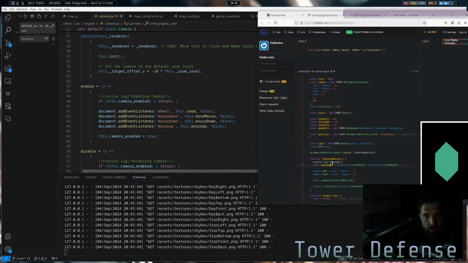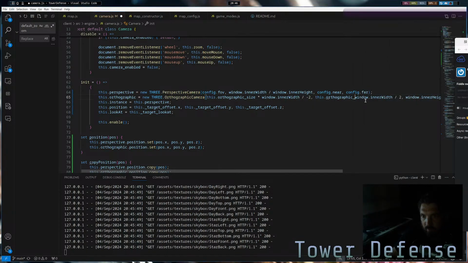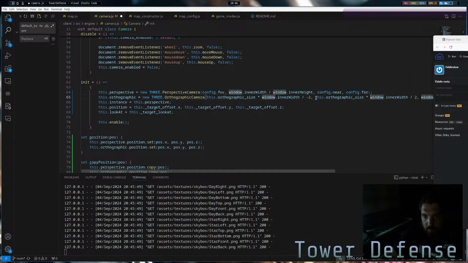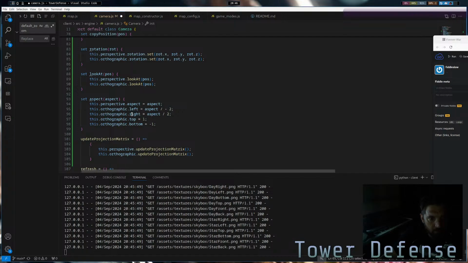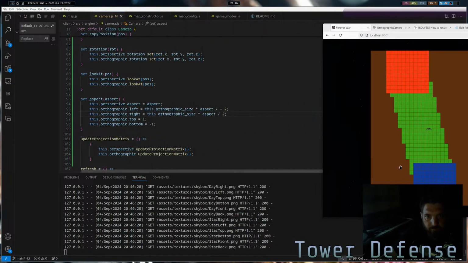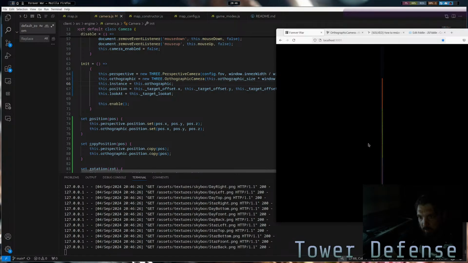And then we'll, cause this wasn't in the documentation. Like, it didn't say this in the documentation at all. This dot orthographic size times the aspect. This dot orthographic size times the aspect times 2. Then we'll add that here to our aspect. And let's try that. Let's switch back to orthographic and see. Whoa, okay,